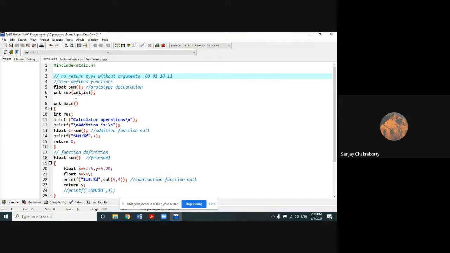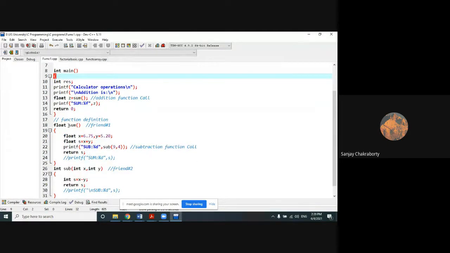When I say no return type, this return type will be replaced by void, very simple. You cannot leave it blank or make it null, because null is not acceptable in the C programming language. No return type is always replaced by void. Is the prototype declaration correct here? Do all of you agree with me?